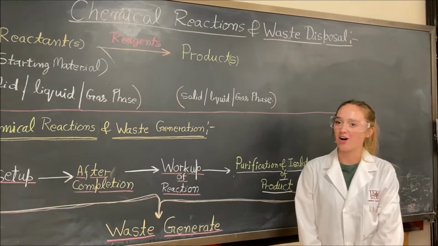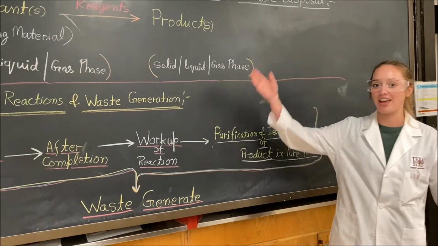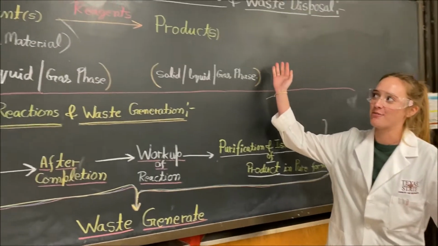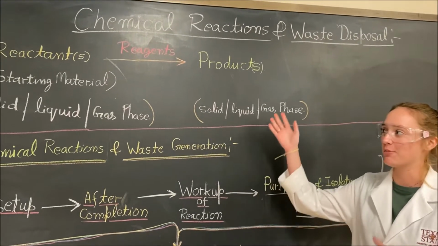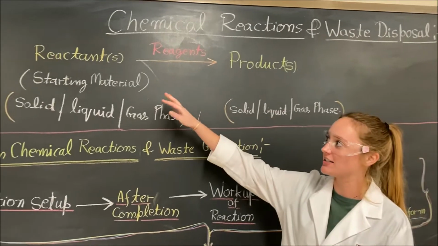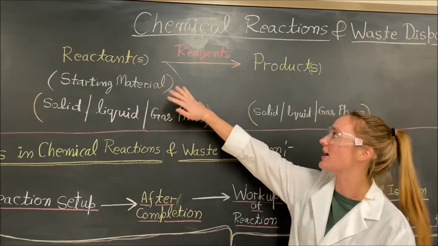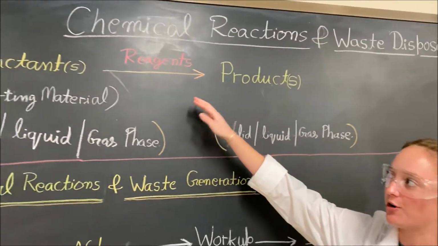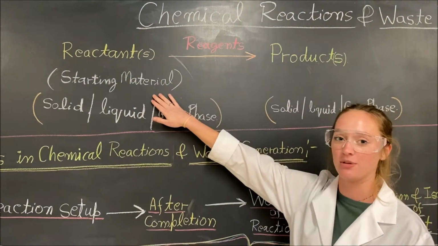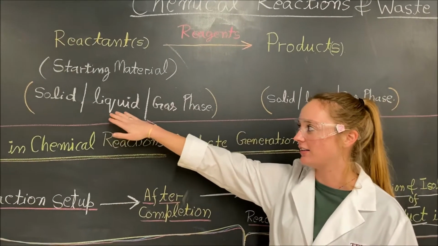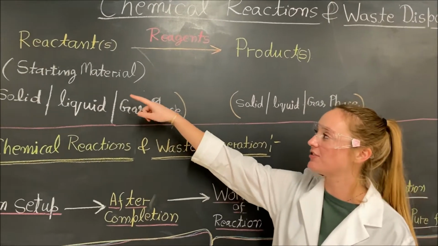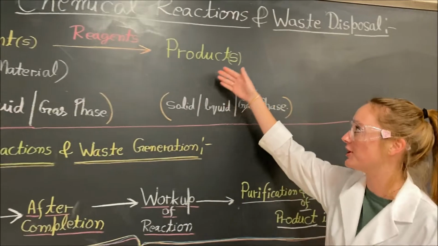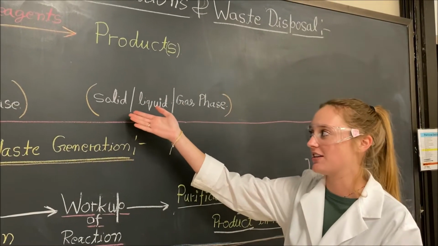Okay, so today we're going to talk about chemical reactions and waste disposal. When you're in lab, you're going to be doing chemical reactions, and you're going to take reactants and react them with reagents to create products. So your reactants are also called starting materials, and they'll be in the solid, liquid, or gas phase. And after you do the reaction, you'll get your products, which are also going to be in a solid, liquid,